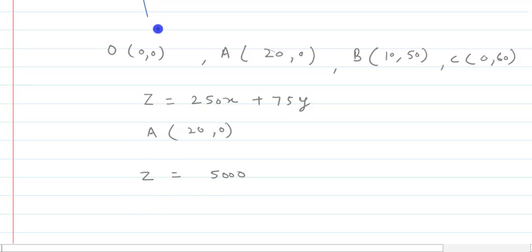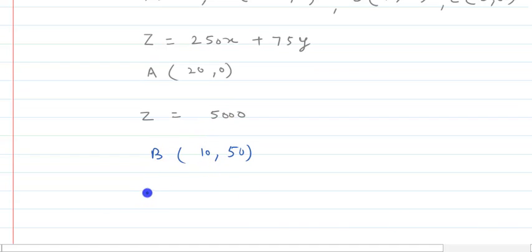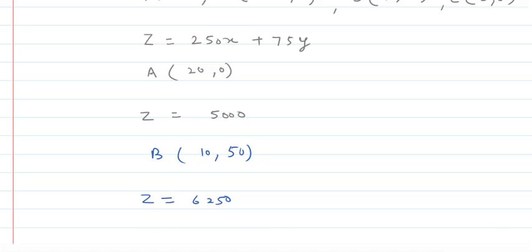Let me put the second point, that is B, which is equal to 10 and 50. So clearly when we put 10 and 50 in Z, we are getting Z equal to 6250, and the third point is C, which is equal to